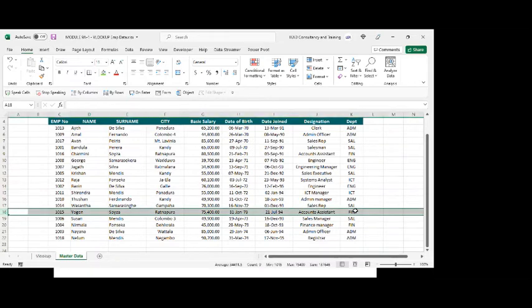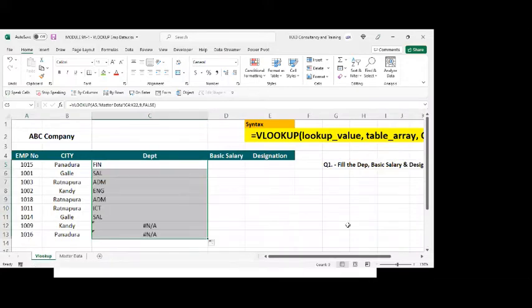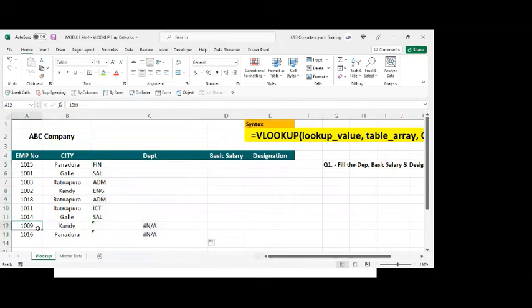1015 finance. Okay, correct. The answer is correct, but there's some error in this. I'll tell you. Now what do you do? As usual, we double click on this field and lock, copy it down. Now this will come if this is not in the data. In your table, if this field is not there, it will come with not applicable. Right? This will come.